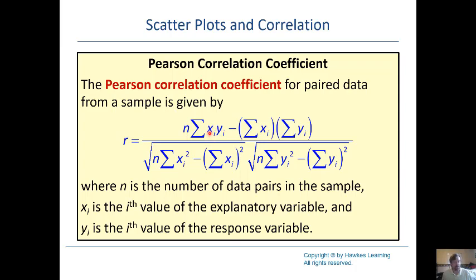The next one was, I think, 10 touchdown passes and 12 million. Multiply those, add those together, do that for everyone. Subtract off the sum of the x values. Let's see, x was number of touchdown passes times the sum of the y values. Y was the salary, base salary. And divide that by the